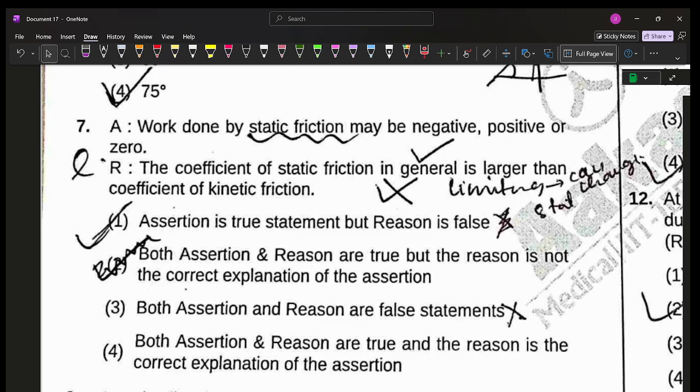So static friction is always less than or equal to mu s into n, but usually when they compare mu s and mu k,